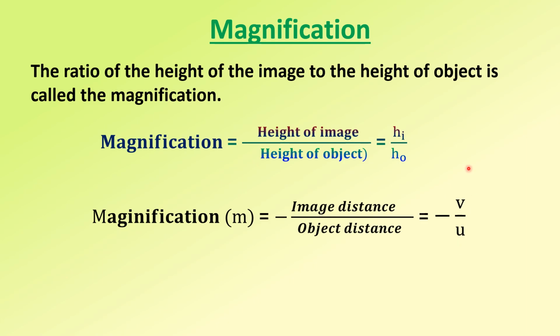We will derive this formula later, and one mirror formula is also there. The relation between focal length, object distance, image distance, that is U, V and F: 1 by F equals 1 by V plus 1 by U. That formula is called the mirror formula, and we have to derive that formula later. After that we can derive this also later. All these things we can see later.